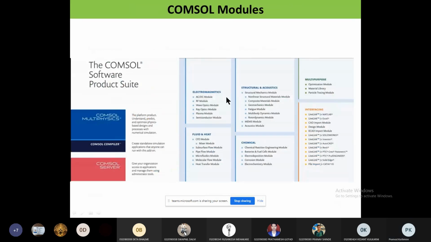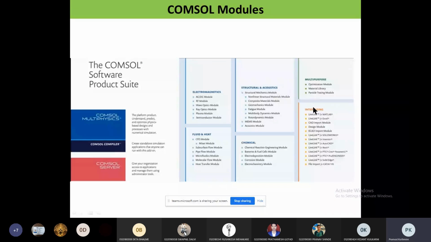AC/DC module, okay. Then RF module, okay. Then wave optics module, ray optics module, plasma module, semiconductor module, then fluid and heat, structural and acoustic, chemicals, interfacing,